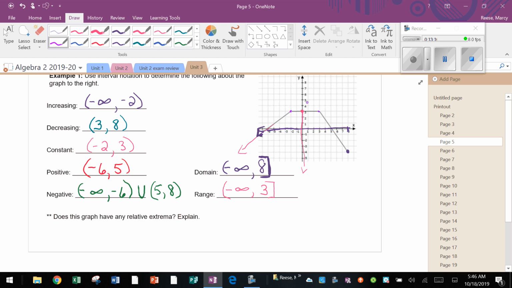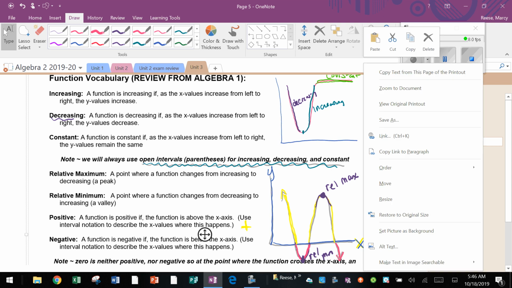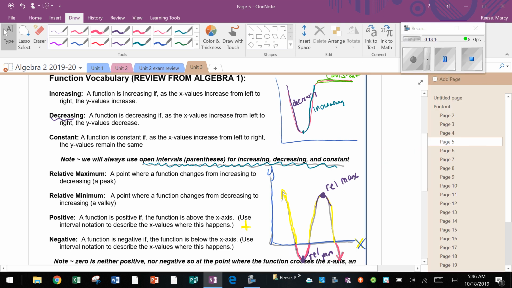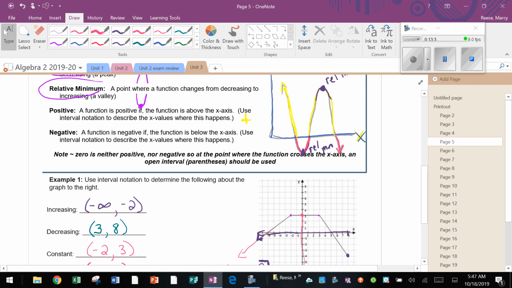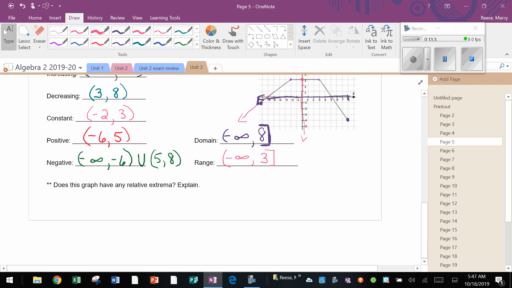Remember that relative extrema, and I'm kind of breezing over it really fast, is this relative max and relative min. And it says it has to change from increasing to decreasing. So there's either going to be a peak, like a peak here, or a valley. That's the only way you can have a relative max or relative min. So it's not for this one, no. It never changes